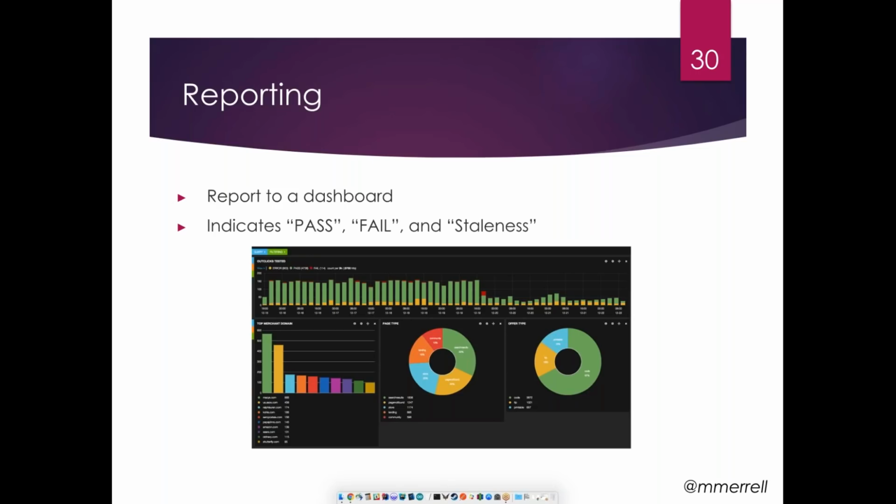So we put together this really nice looking dashboard. This is back in the days of Kibana. I think we've moved to a different thing by now, but this dashboard was really helpful because it would show us constantly how many analytic events that we were looking for in the end-to-end testing would actually make it downstream. It would show the different kinds of offers, how quickly they made it. If it's red on the top bar chart, then it would be registered as a fail, like it took too long, or it became stale in that it got there, but by the time it got there, nobody cared anymore, or something like that. So this reporting was key to making this visible to other people, other stakeholders.